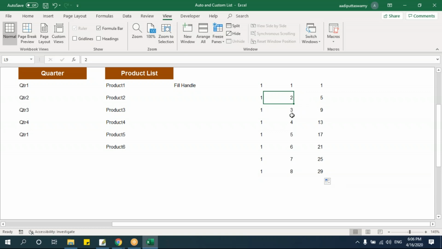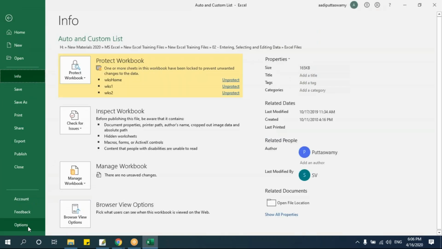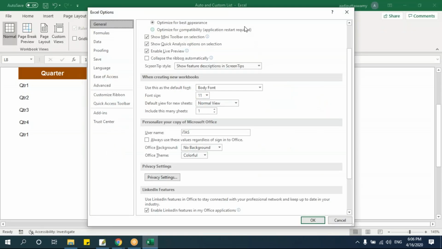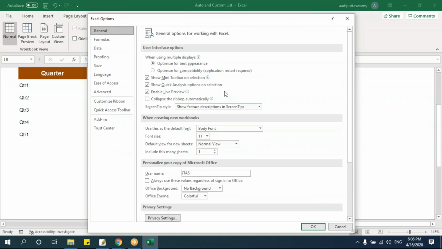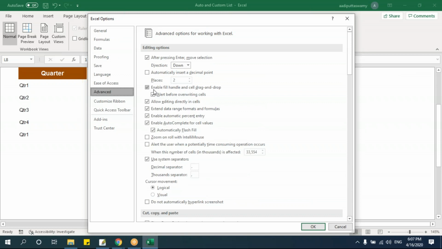So this box is called the fill handle. Sometimes you'll not be able to drag the fill handle, and I'll tell you why it happens. Sometimes this option will be disabled. Let's say I go to File, then Options, then Advanced. Here it says enable fill handle and cell drag and drop.